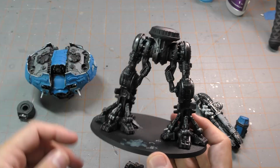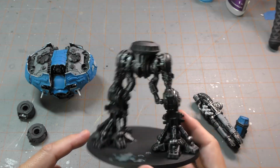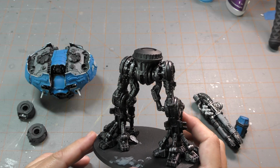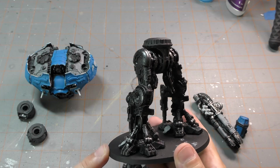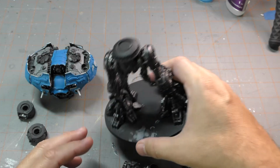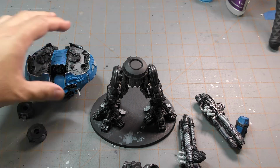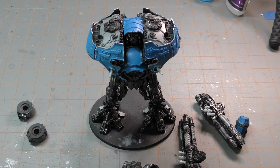And then you can cheat and just go black with a kind of metallic heavy-handed dry brush, which is really all you need, because this stuff kind of peeks out under the armor, but overall looks pretty good. So yeah, this thing is giant. Just to give you an idea of how big this is,